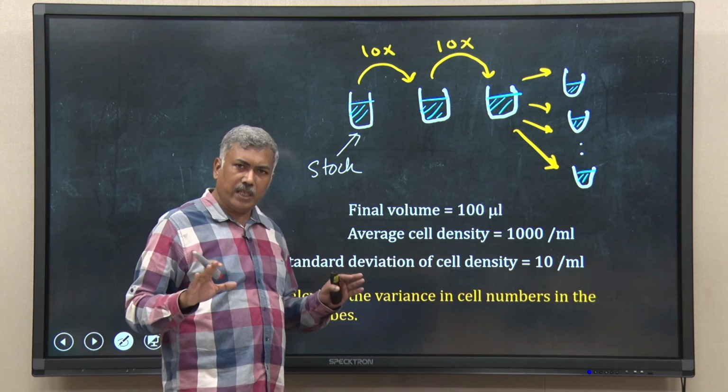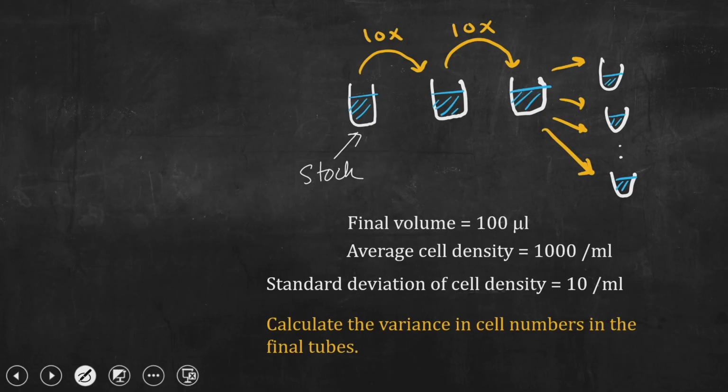And the data that is given to you is that the final volume is 100 microliter. That means in each of these I have 100 microliter of cell suspension, and the average cell density in those final tubes, those last left hand side tubes, although it is not written here,